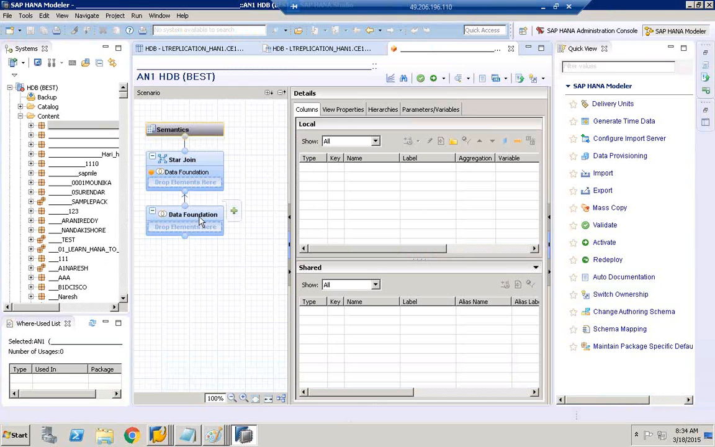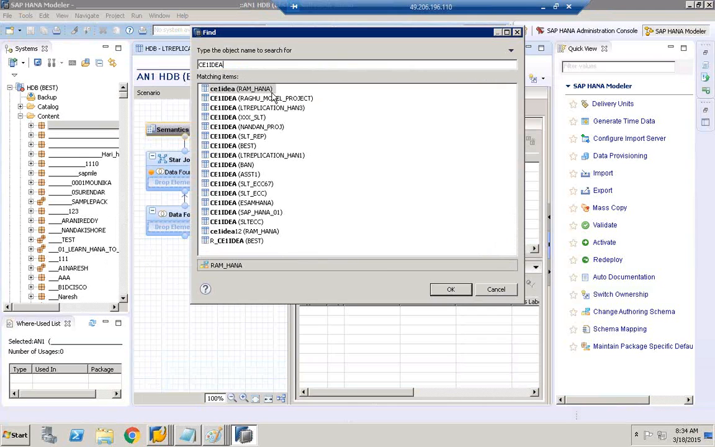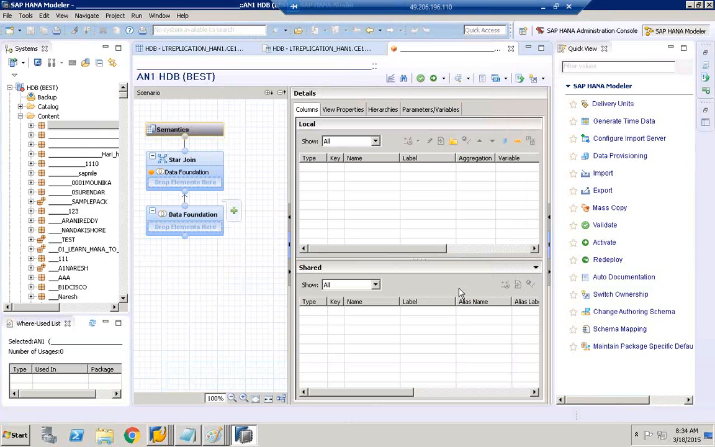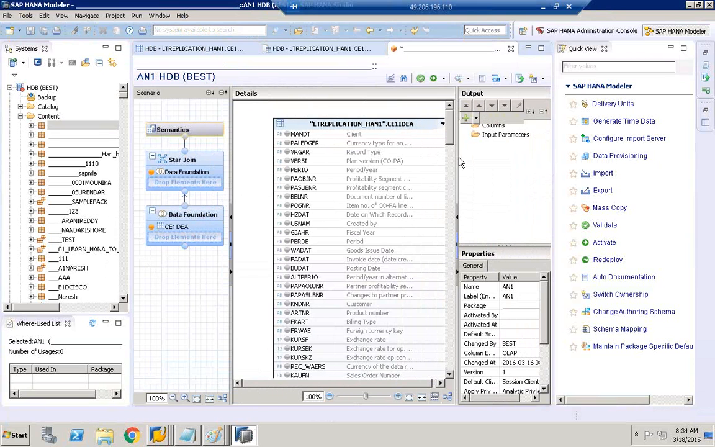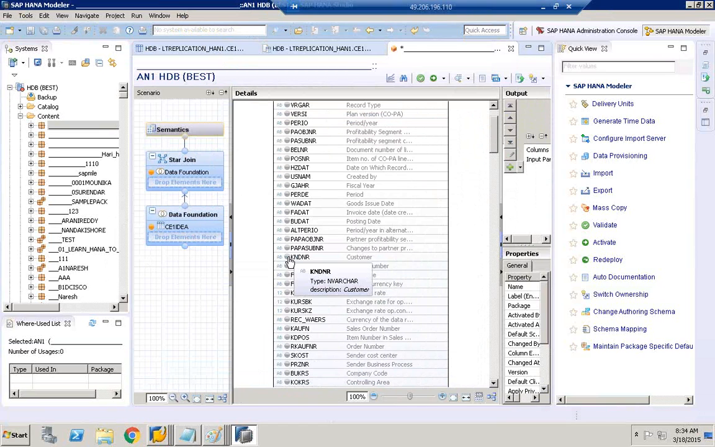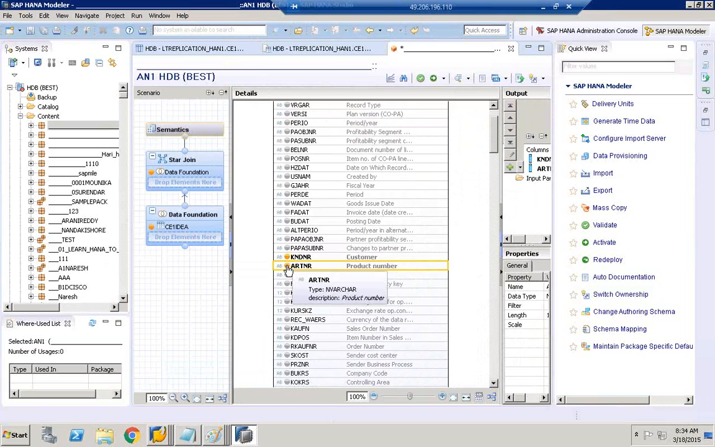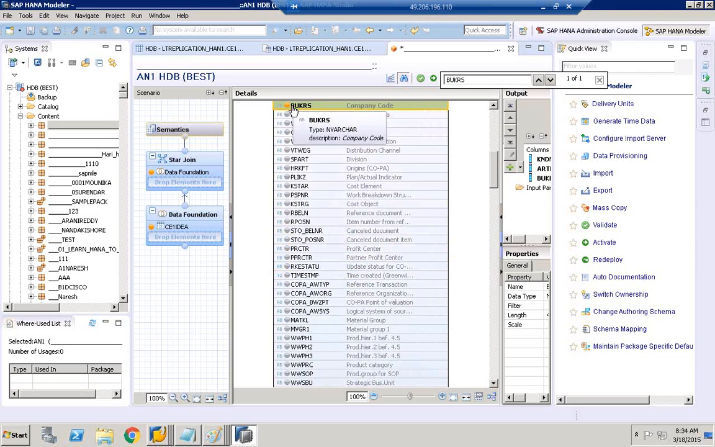Please see. When I go to data foundation, I can click on this plus icon, add objects, and give it CE1 IDEA, and select from any of this schema. Now when I select at the data foundation, you can see the descriptions, and what I want to choose over here: I want to choose customer, I want to choose material, let me click on find, I want to choose BUKRS, company code,